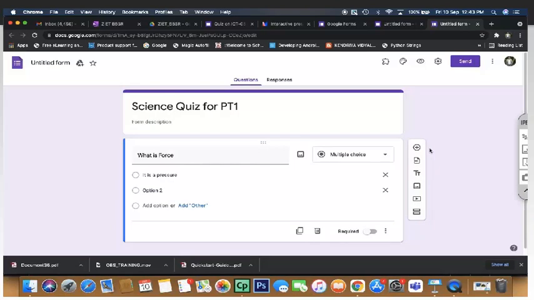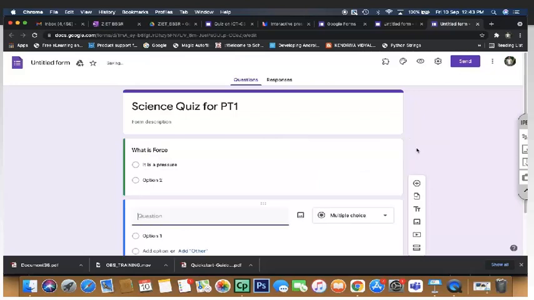So yes, when I'm logging in with my personal account, I'm able to see the quiz. Now you can see this is my personal account over here, and I can just add as many questions as I need, right? So I will add my part. Say I'm a biology teacher, so I'm adding some questions from biology. So what is evolution, something like that. And then the chemistry teacher may want to add some